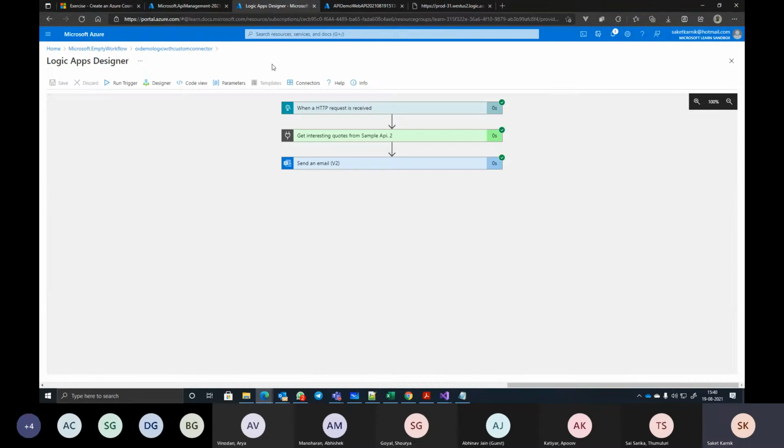Here we come back to logic apps. It shows me the confirmation that it has executed successfully. That means I must have received an email. So let me check within my Microsoft Outlook. It should appear in a short while.